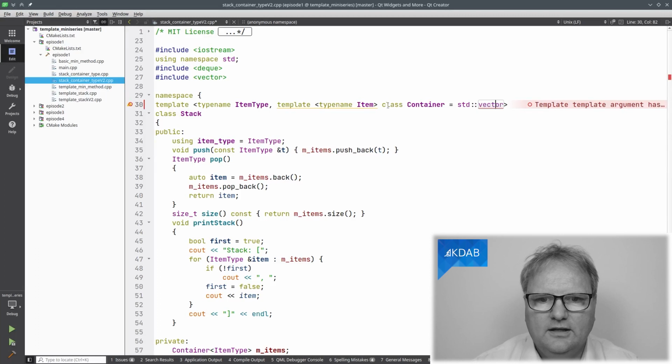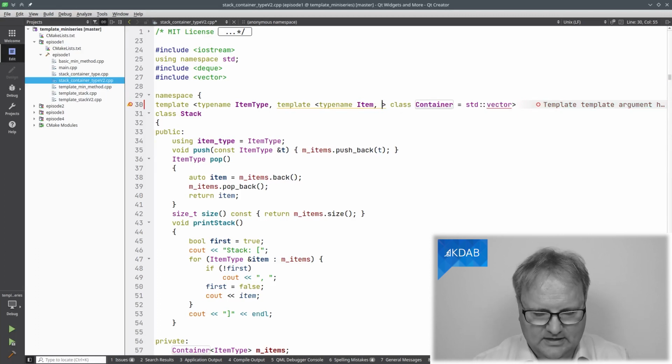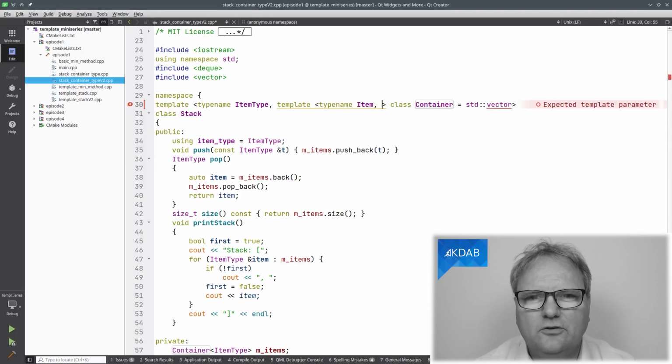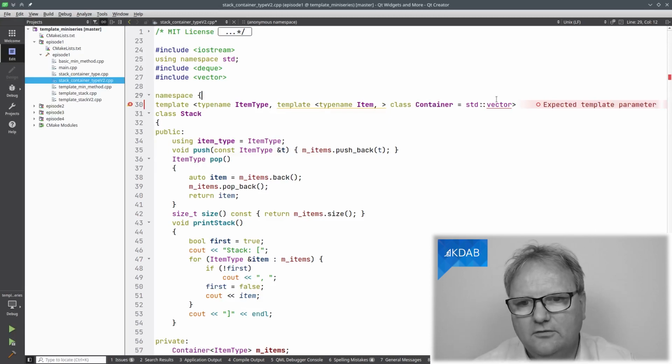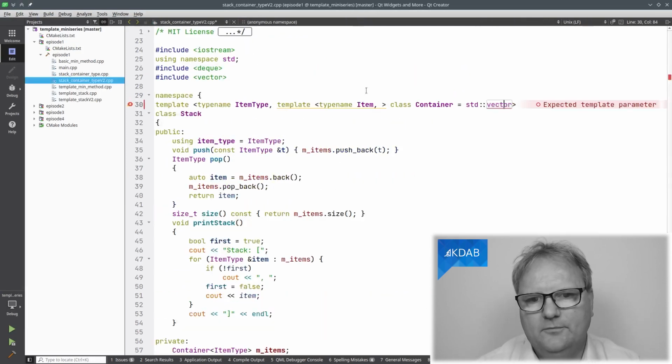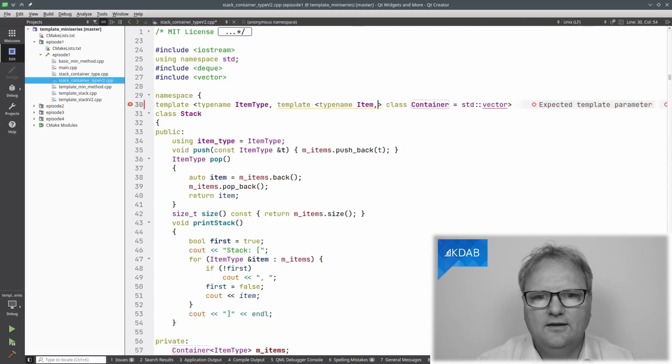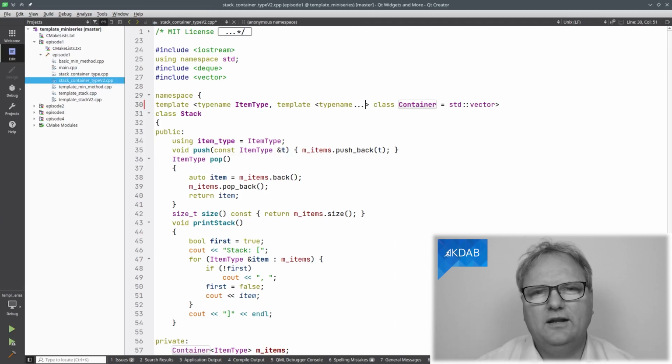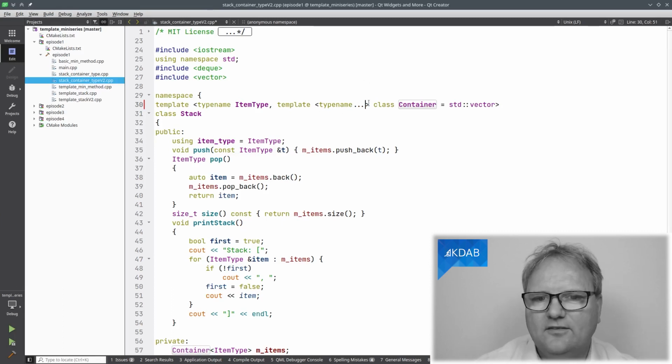It's an item and it's a typename allocator, and I need to go over here again and see what the allocator is. It's a std::allocator of, oh well, what I can do instead is say it's a template. It's a variadic template, so a template of a number of items here, and that's all I need to know.